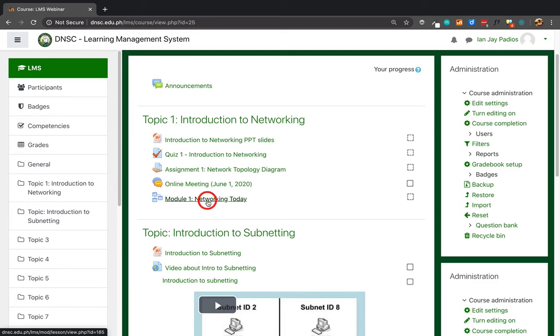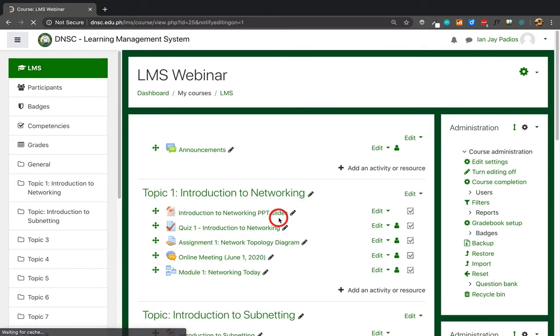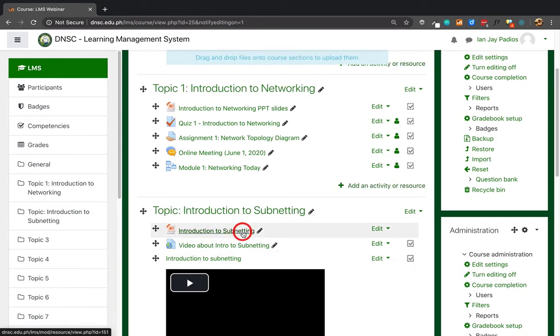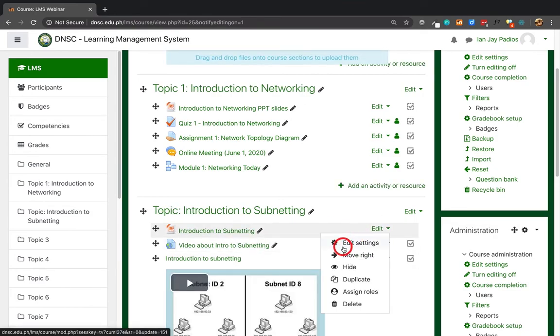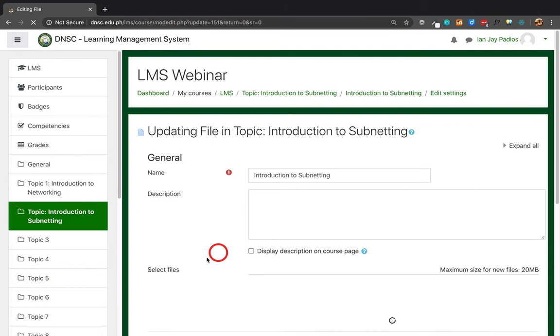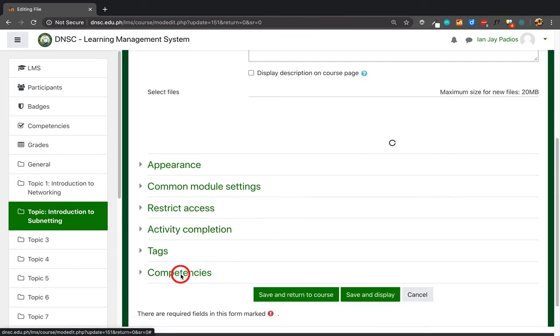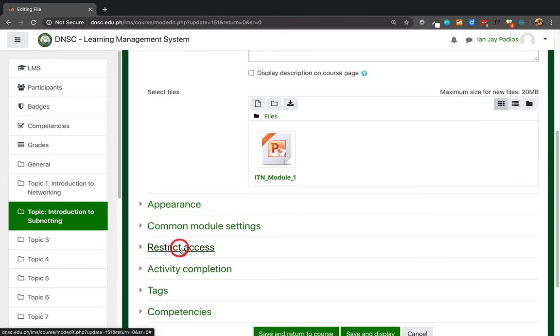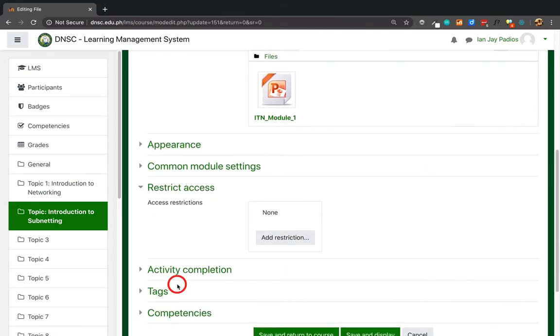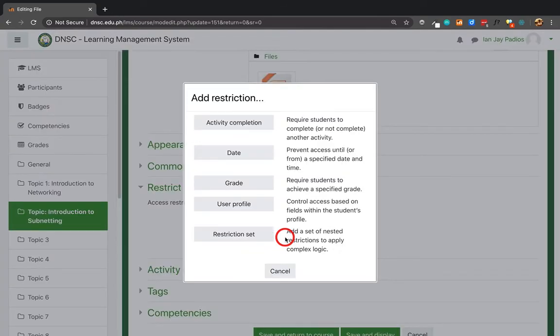So how to do it? We can actually put restrictions. For example, turn editing on. This one, edit settings. This time we do the restrictions. Here in restrict access, we can add restriction,